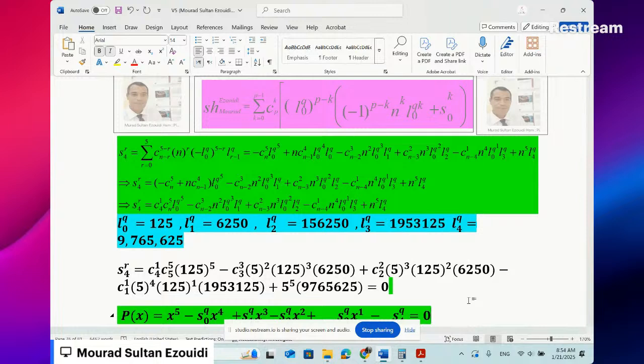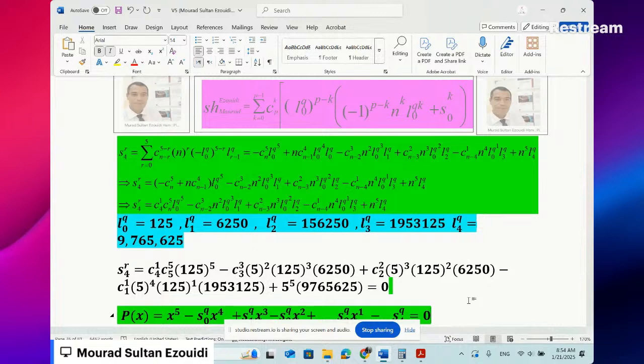So we have 4 times 125 raised to the power 5 minus 25 multiplied by 125 cubed, plus 150 plus 125 multiplied by 125 squared, times